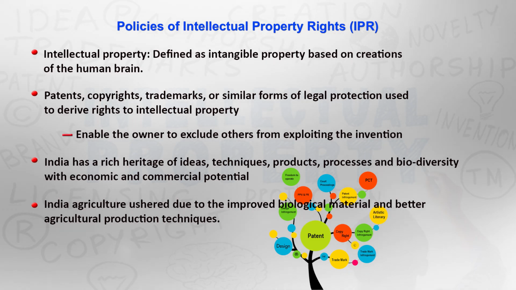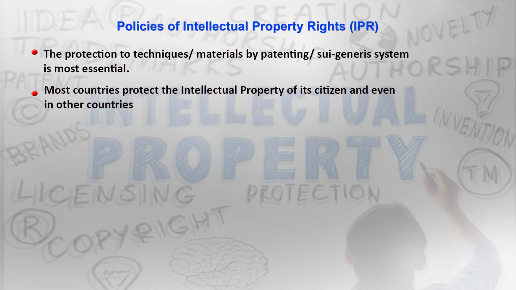So all these ideas or intellectual properties have created an environment which has helped the Indian agriculture system. And basically the protection of the techniques and materials by patenting or a sui generis system is most essential, and